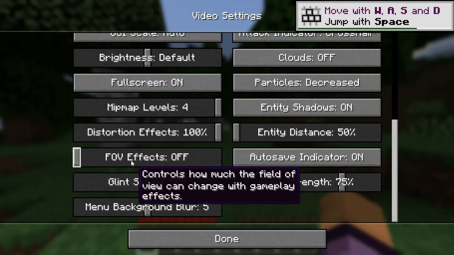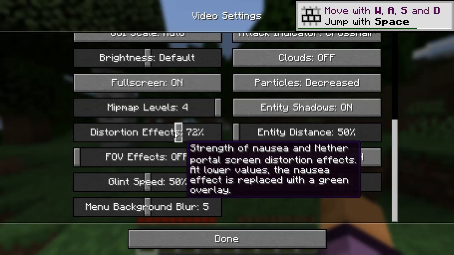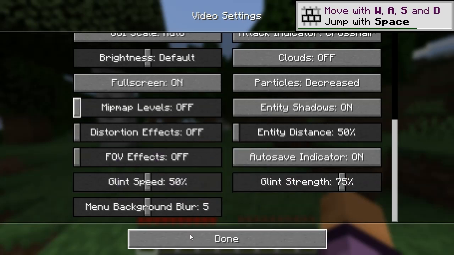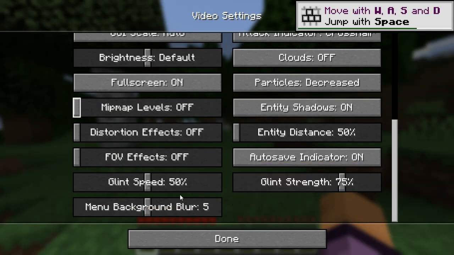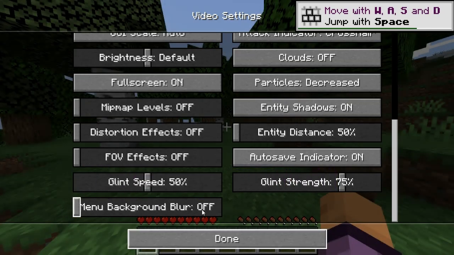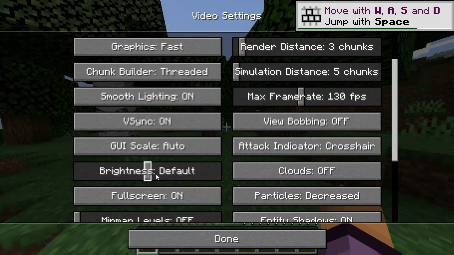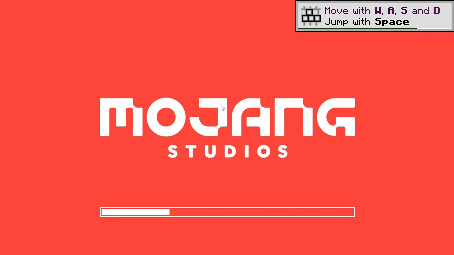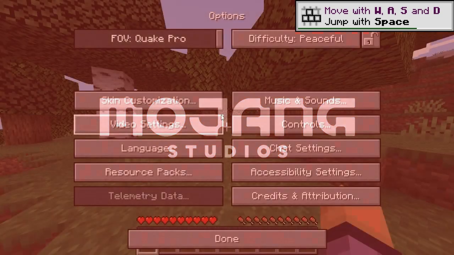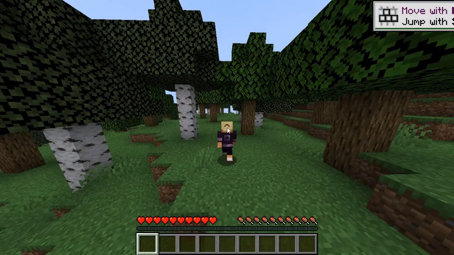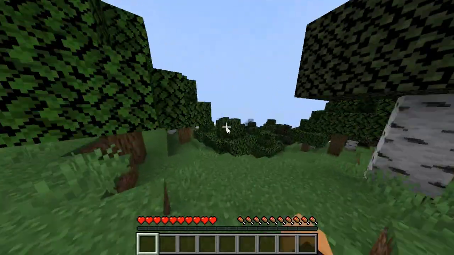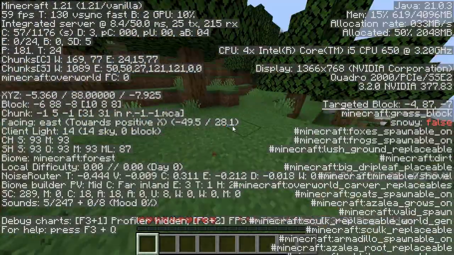So guys, you're gonna click fog effects off, distortion effects off, minimap levels off. So you're gonna do this, and guys, this is all. I think our game will run smoothly after this. Yes, it's running pretty smooth, and I'm getting 60 FPS.